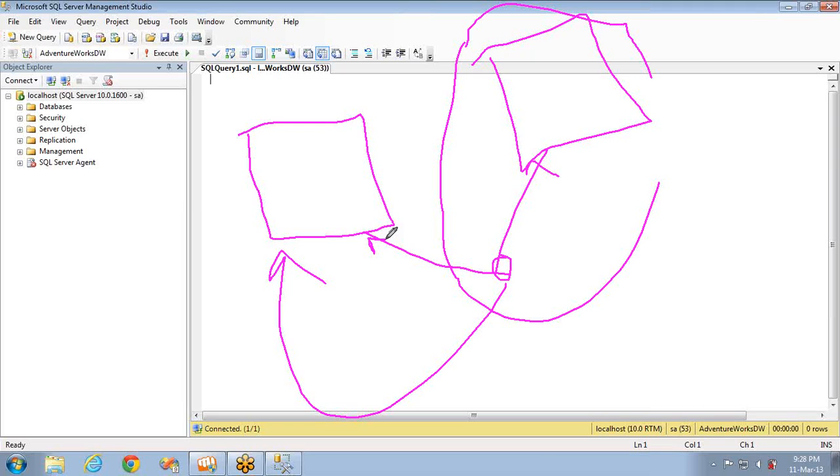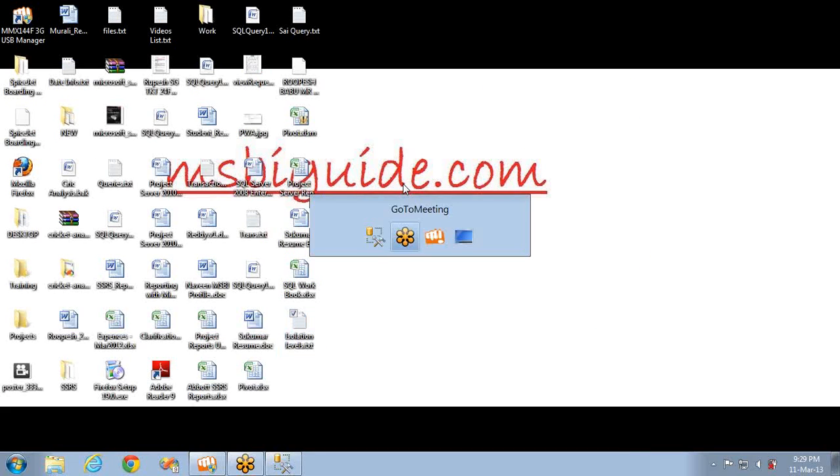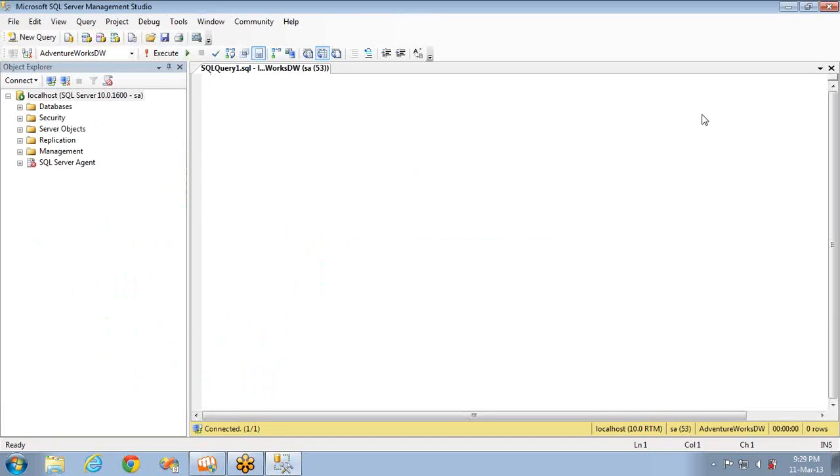There are 5 different isolation levels which are supported by SQL Server and database services. So using these isolation levels, you can make the data available for other transactions. And let's discuss all those isolation levels one by one here. Before jumping into the discussion about isolation levels, the main advantage of isolation levels is that it avoids the concurrency problems. Using these isolation levels, you can put an end to the concurrency problems.